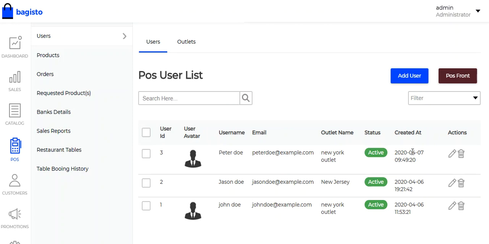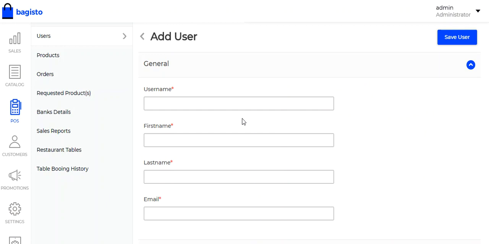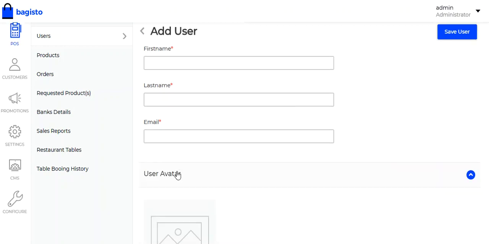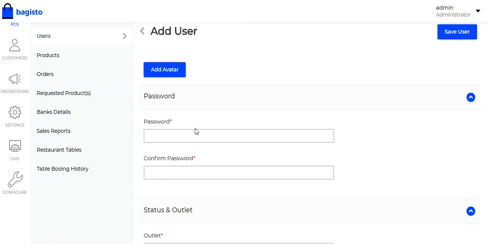To create a new user, the admin just needs to click on the add user button and fill all the details regarding the user, such as username, first name, last name, email address. Here the admin can also input the display picture for the user.